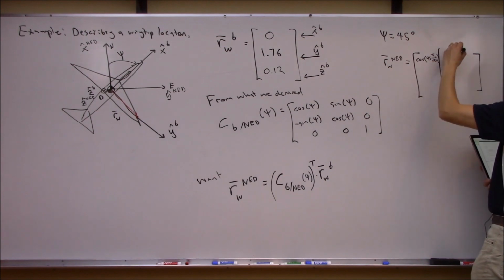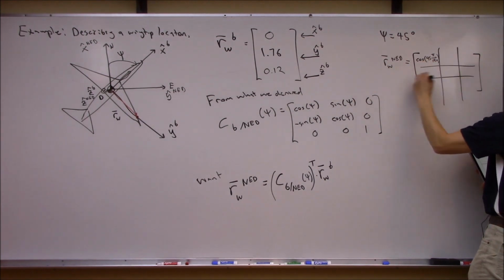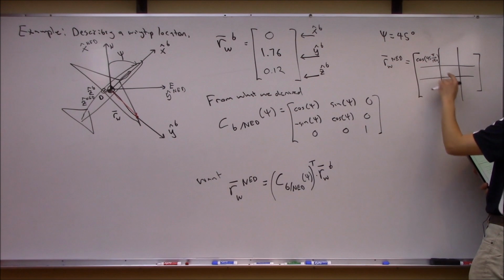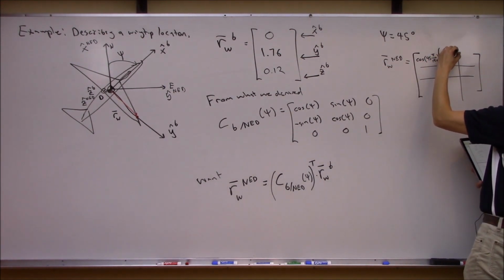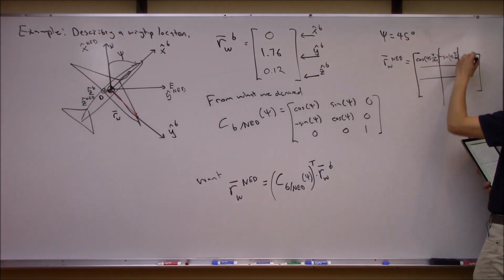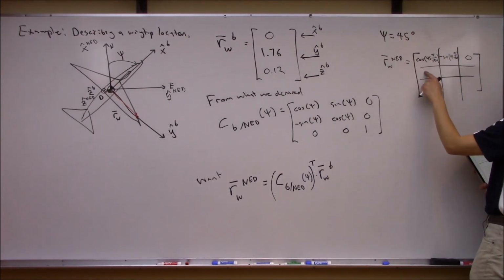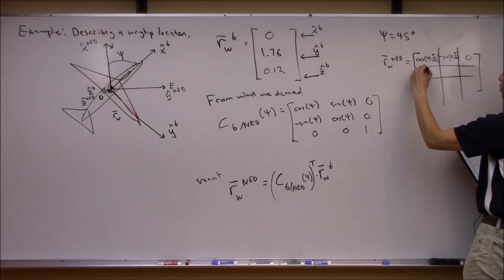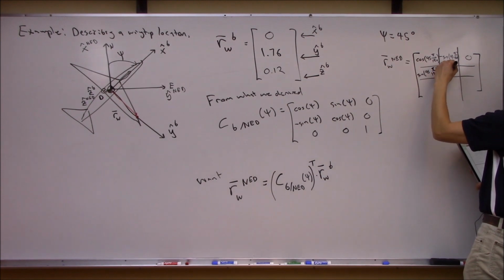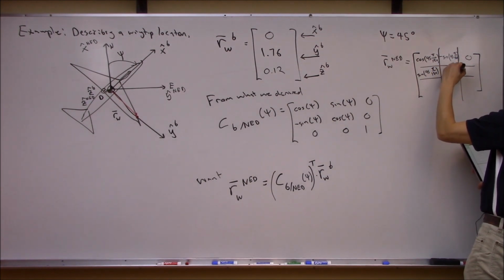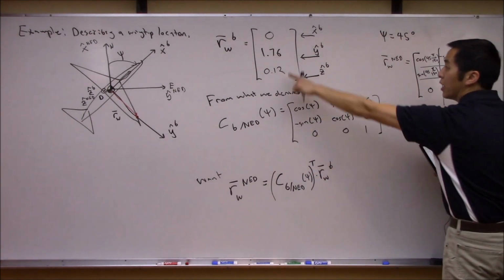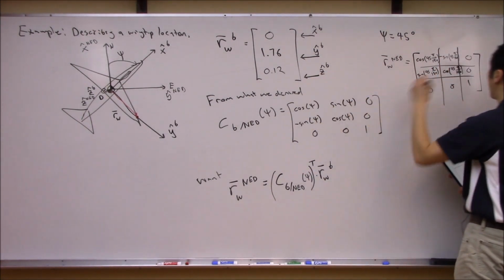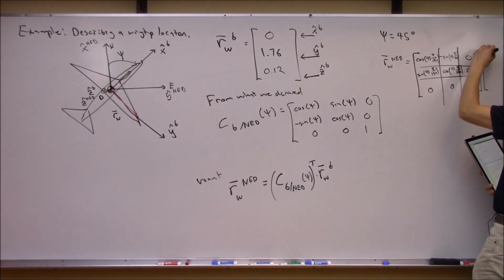Okay, so this 3 by 3 is what I want here, right? Okay, cosine. Now this is actually minus sine of 45 times pi over 180, right? And a 0, because I'm taking the transpose. Then I got sine of 45 times pi over 180, and then cosine of 45 times pi over 180. And then 0, 0, 0, 1, and then I multiply this by the vector expressed in the body frame, right? Multiplied by 0,